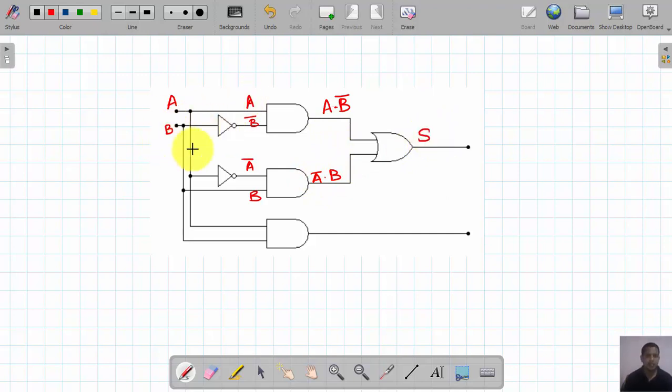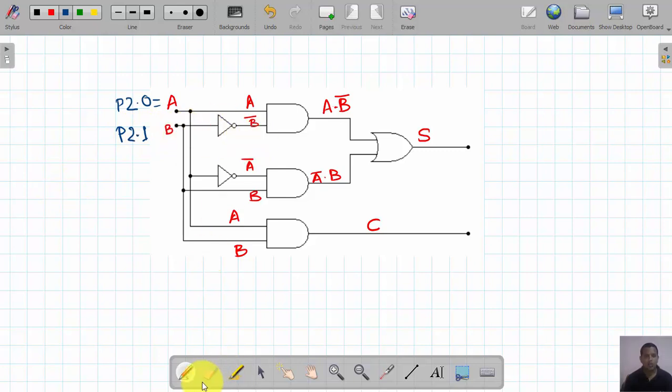In a similar way, for the carry, this is our A input, this is the B input, and the output is nothing but the ANDing of A and B. When we map this with our program, the first input, input A, is P2.0, and the second input is P2.1.